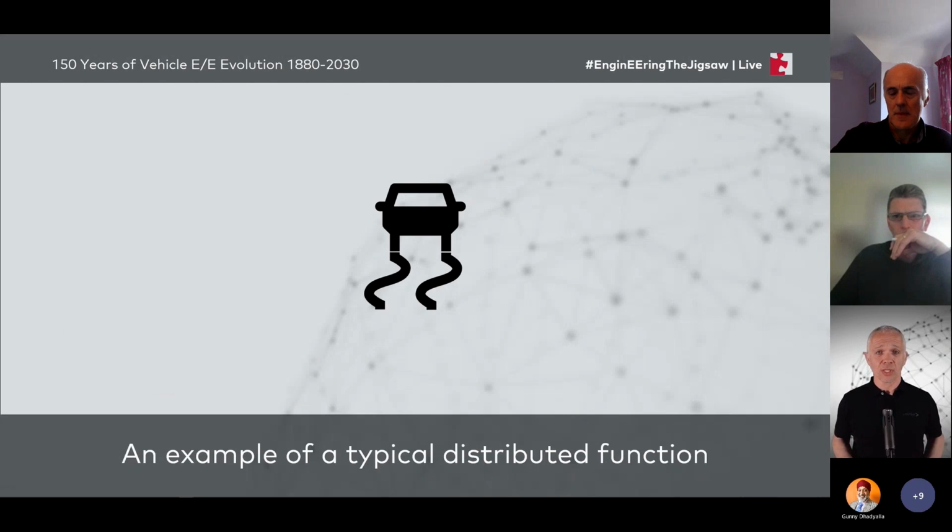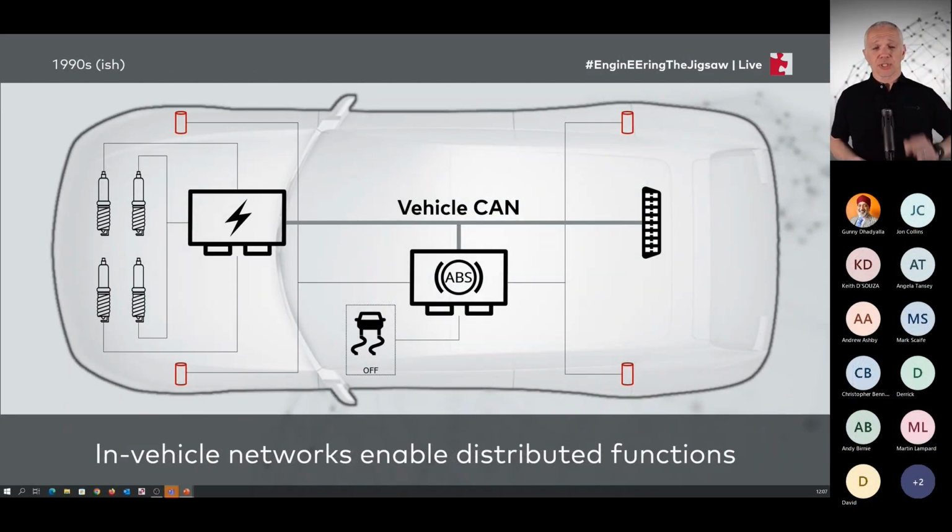a modern vehicle. So, moving on a bit, we also, of course, have some people who are scared of technology. So to accommodate them, we put in a switch that allows them to turn off that scary new function that we've put in, this distributed function of traction control. So the traction control off switch. We'll use this through our story as well.